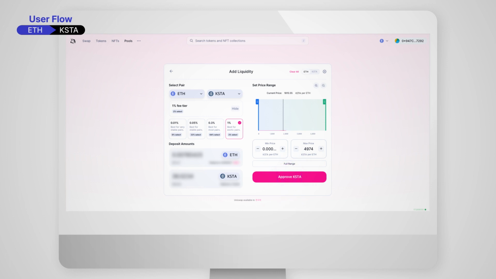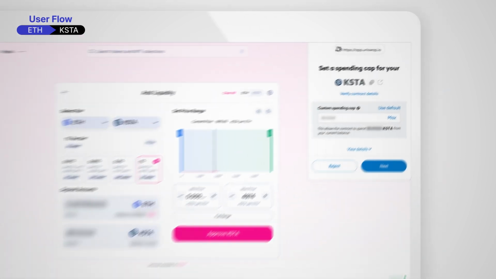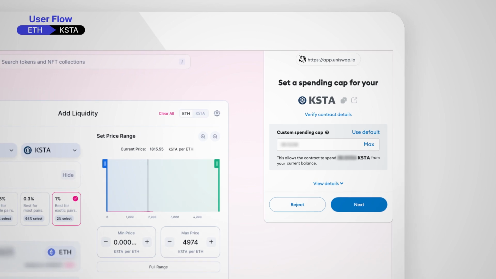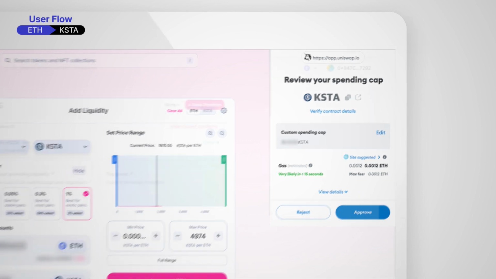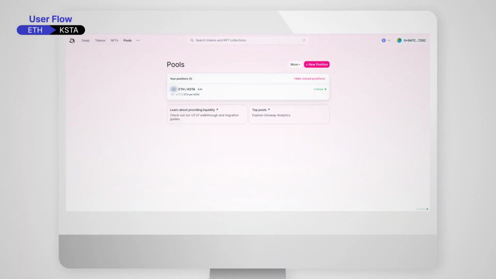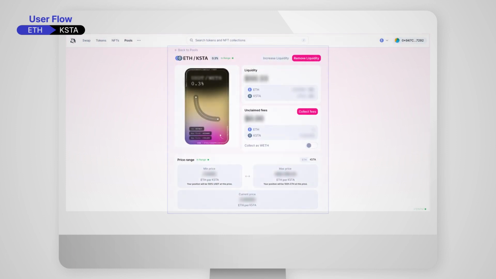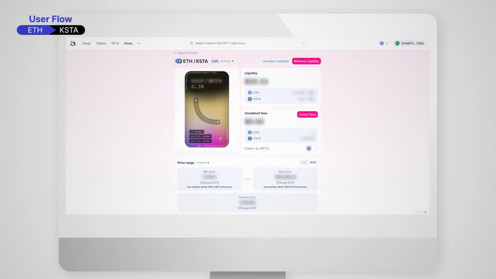After approval, a MetaMask pop-up about the K-Star spending limit will appear. Then, enter the amount to provide liquidity to Uniswap and the spending limit on MetaMask. After you set your spending limit, press Next button and check the gas fee, and press Approve button to ensure the process. Now, the liquidity provisioning process is complete. Once you select a liquidity pair, you will be able to view detailed information.